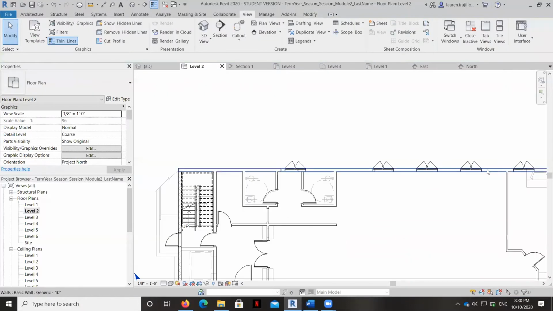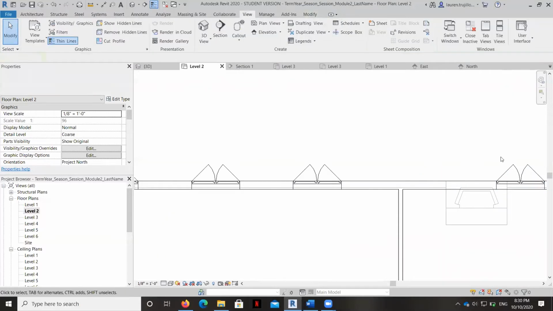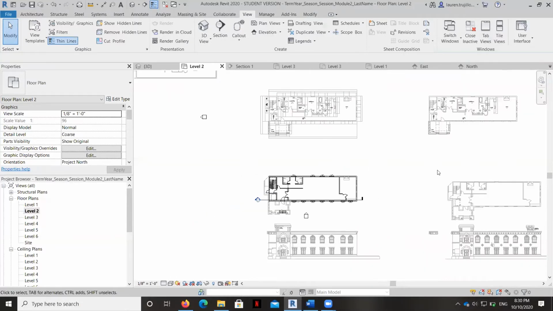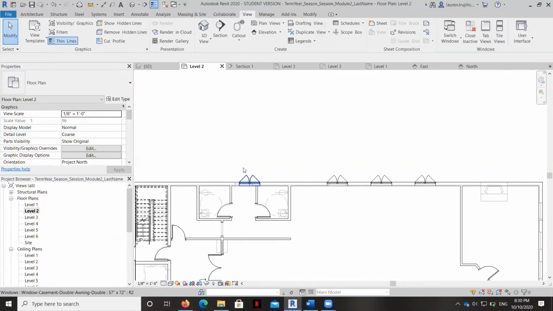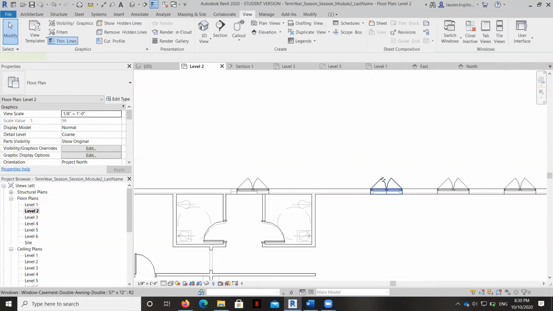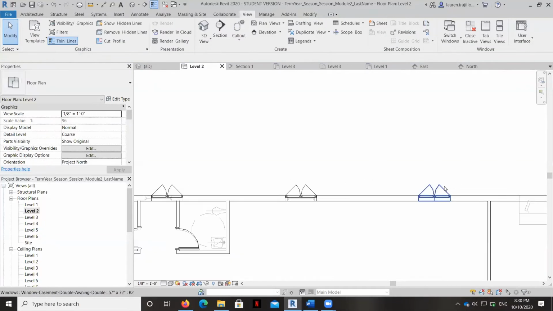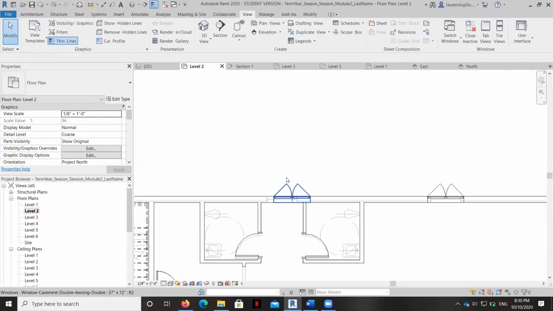And let's see, did everybody else go where they were supposed to? Oh, there's just a couple windows on this back wall. So we can just delete the ones that don't belong, and go ahead and move this.